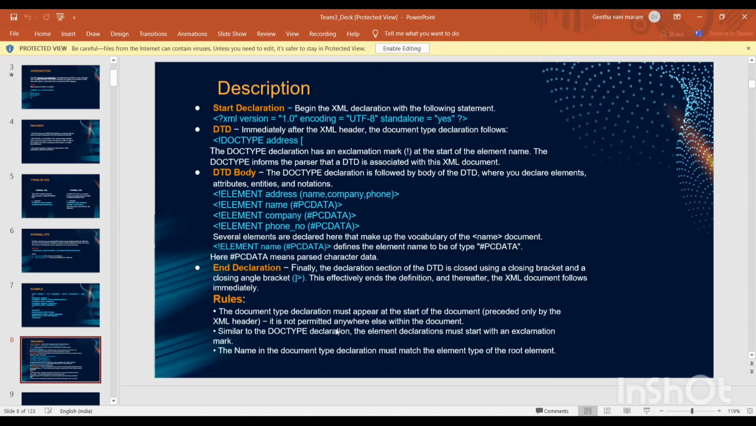We have some rules for specifying or declaring DTD. First one, DTD definition must be at the start of the document. Second one,